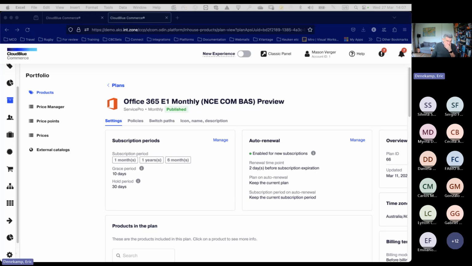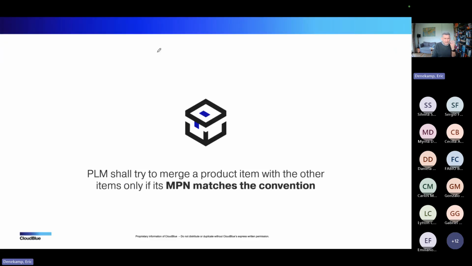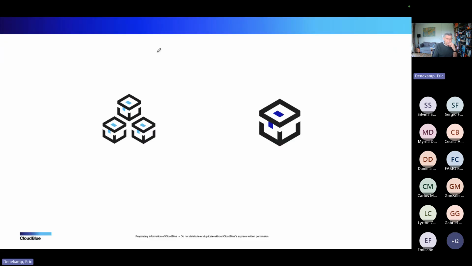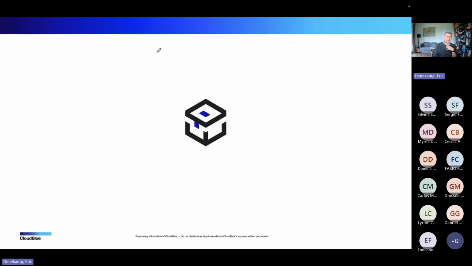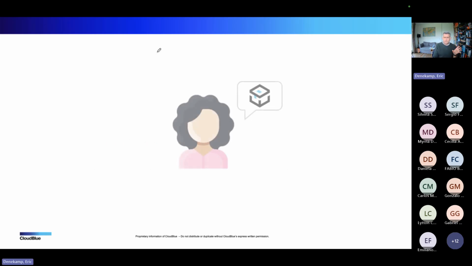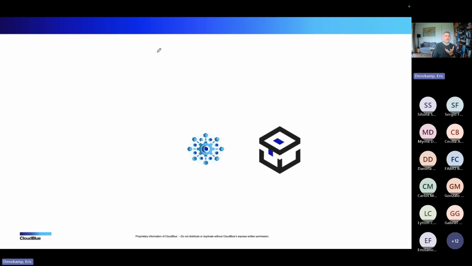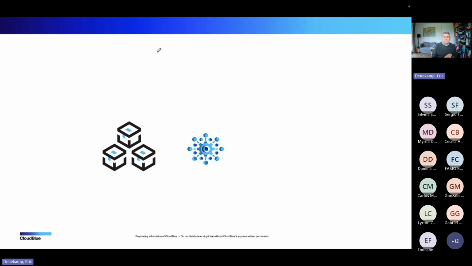Okay. So for the rest, let me go back to the deck. Where am I? Here I am. So that merge, of course, on the PLM side also means that if a customer wants a very specific object and he buys it in Connect, in Commerce, what will happen is PLM splits that one component back into the several Connect product items and then picks the proper item for a fulfillment request.